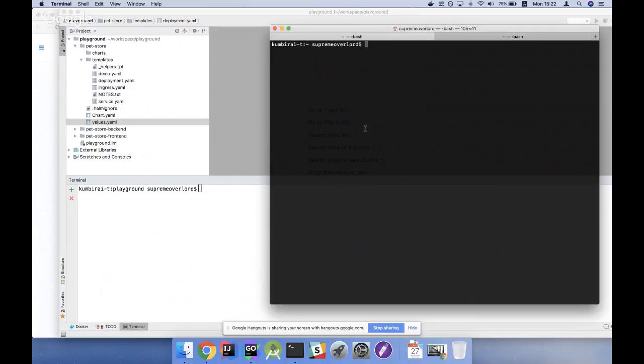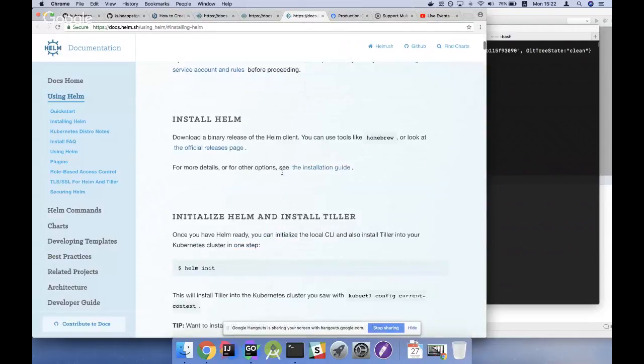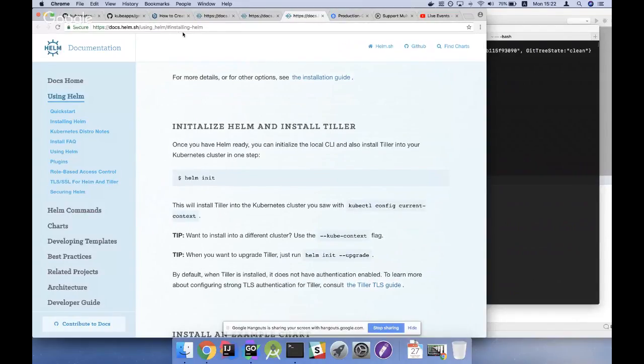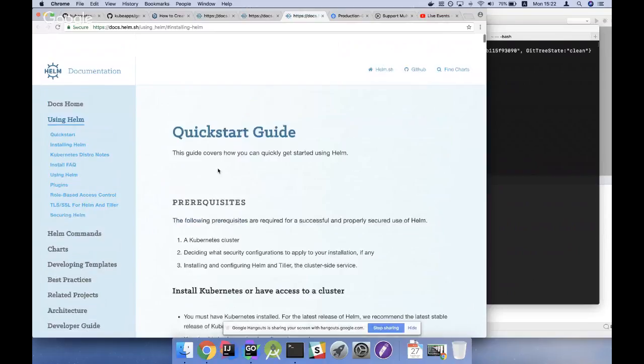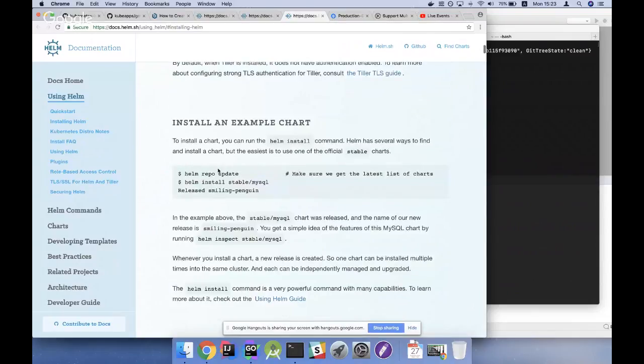So once again, if I head over to Helm and I run helm version, you can see that it says error, could not find tiller, because now it can actually communicate with the Kubernetes cluster that kubectl is set up to speak to. So let's do the first thing that is suggested after you have installed Helm. You have to initialize tiller. So this is the Helm documentation. Yeah, cool. So let's go back to the section where we have to